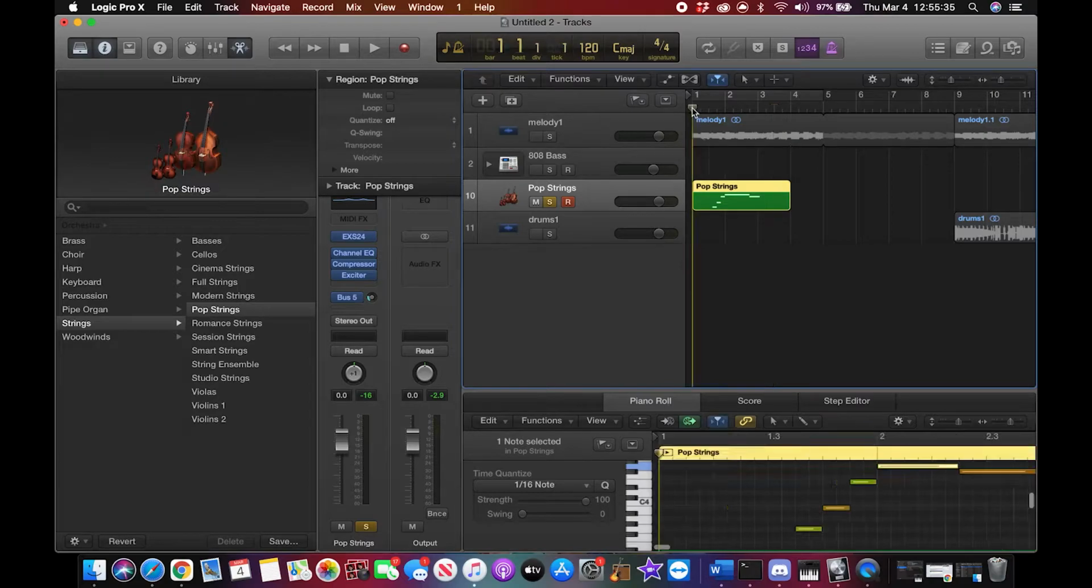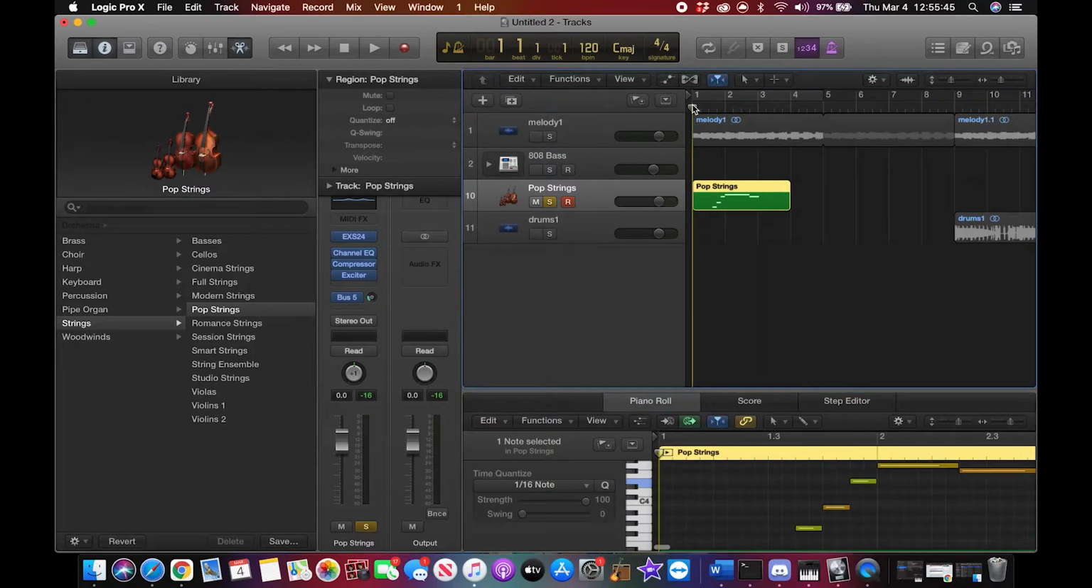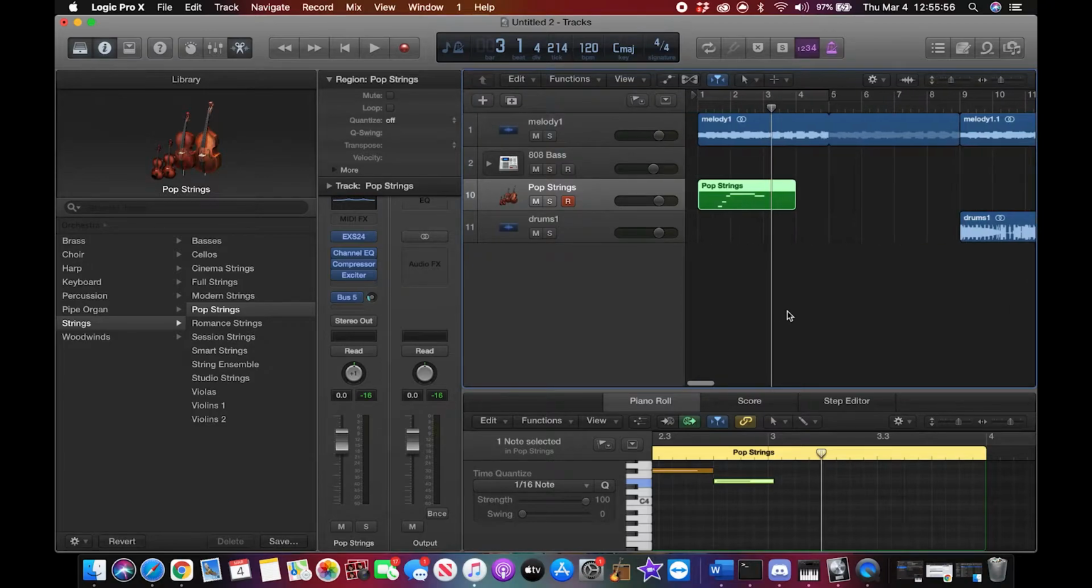Hit the S to solo it out so I can just hear the strings. Kind of liking how that is. Shorten that a little bit. Now we need to position it, or rather,